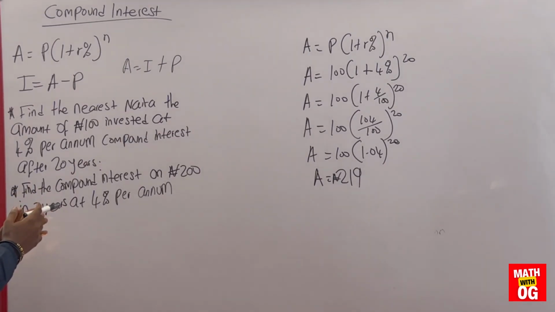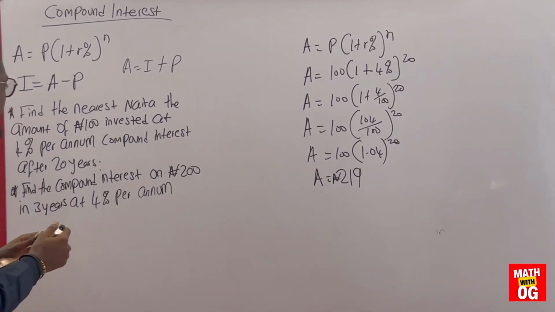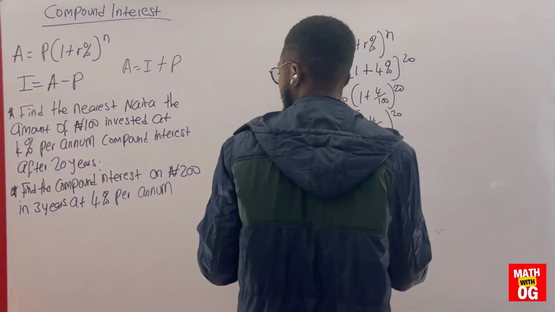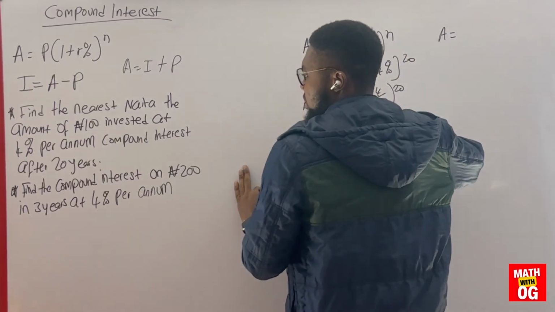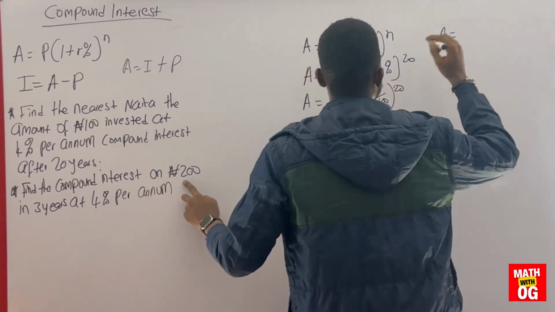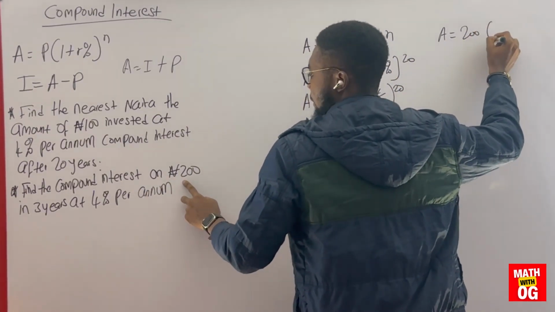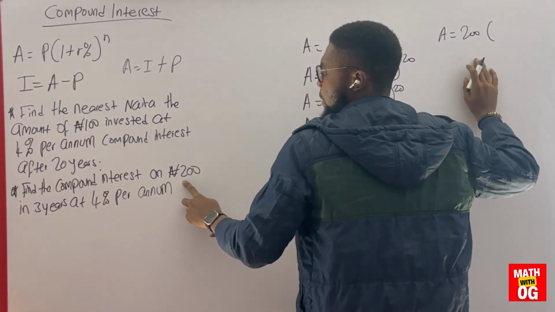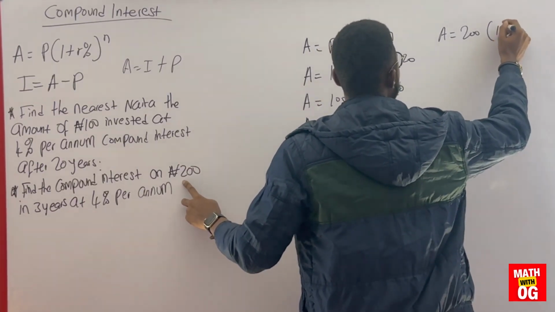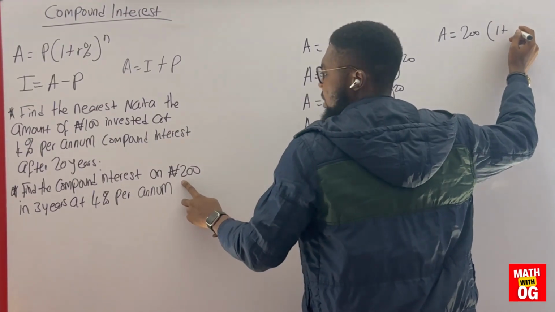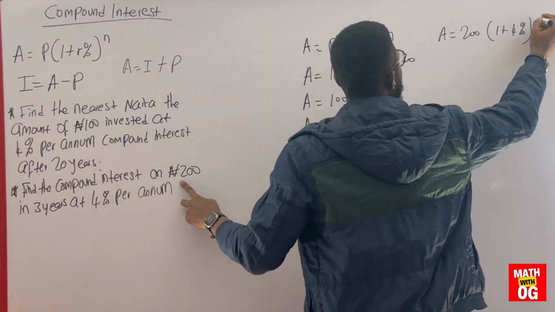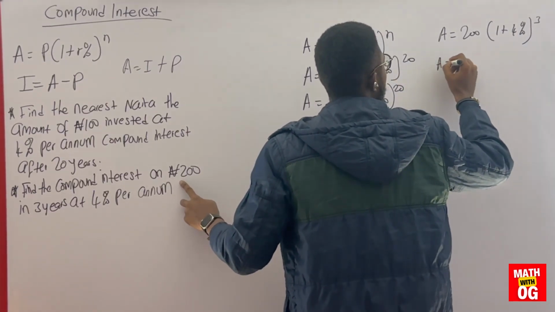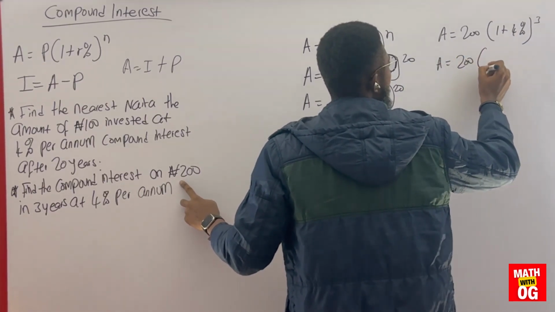So let's do that together. First of all, we have to find the amount before finding the compound interest. My principal here is 200 naira. You have your 1 plus my rate here, which is still 4%, and my time here is 3. So my amount here will give us 200 into 1.04,